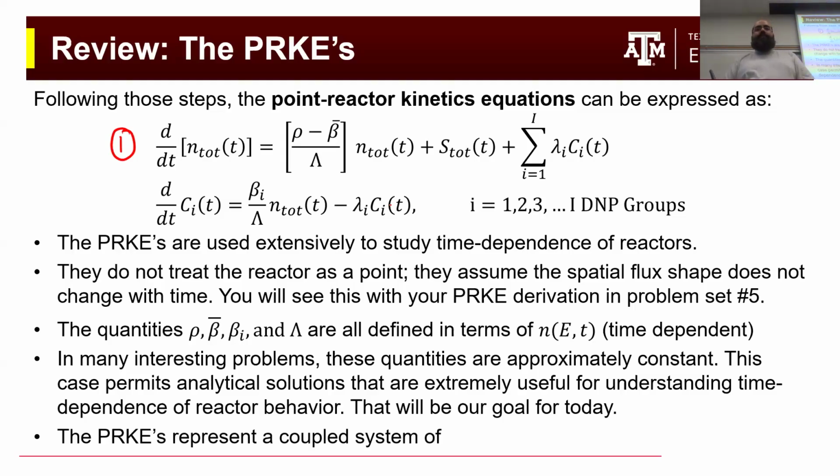But then for this precursor density equation, there's capital I of them, depending on however many delayed neutron precursor groups I have. If I have six delayed neutron precursor groups, then little i will go from one all the way up to six. So I would write this equation out for each of those groups. I would have an equation for C1, C2, C3, all the way up to C big I. So I have big I numbers of these equations. This is the number of equations I get from this, and this is the number of equations I get from that. So they're a coupled system of I plus 1,